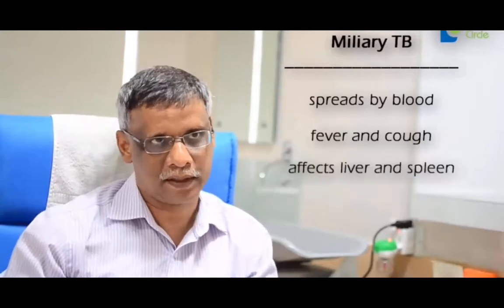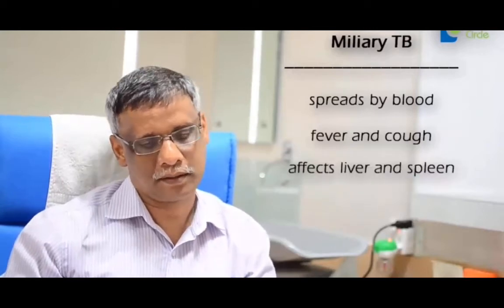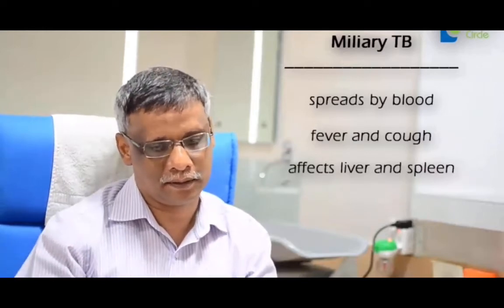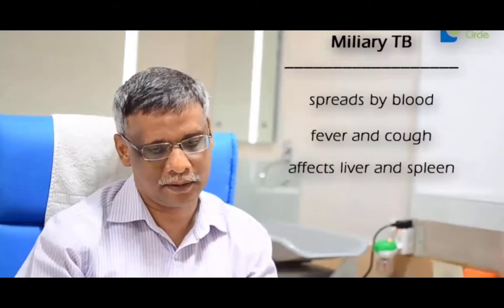And there's another type of TB called miliary tuberculosis. That is when the disease spreads via the blood. And here it can spread to the entire body. So here again, the child, in addition to fever, weight loss, cough, etc., can also have large tuberculosis that affects the liver and the spleen, in addition to the blood. So the child is very sick and will also succumb if it is not treated very early. TB also affects